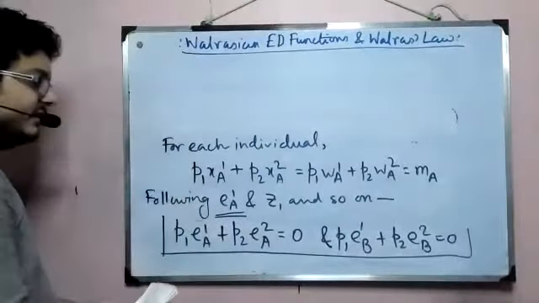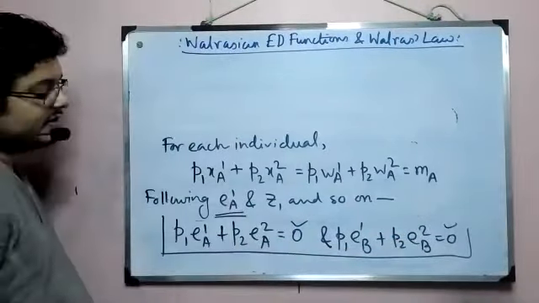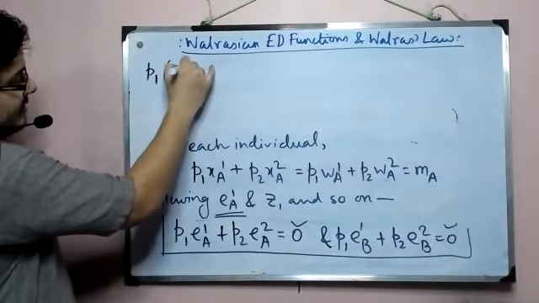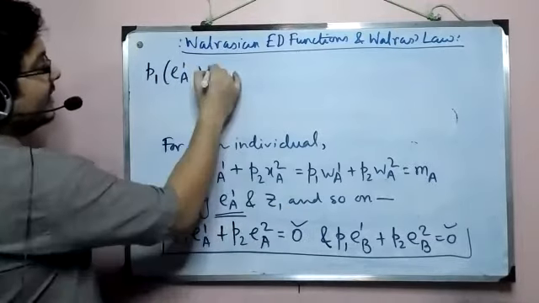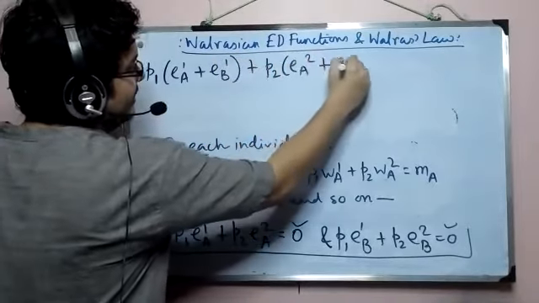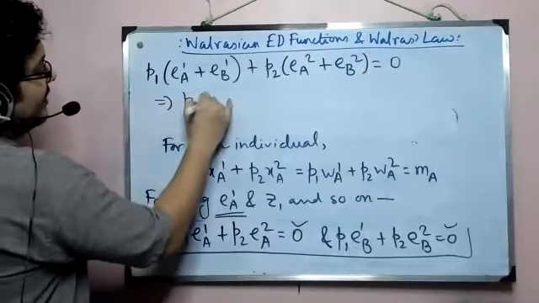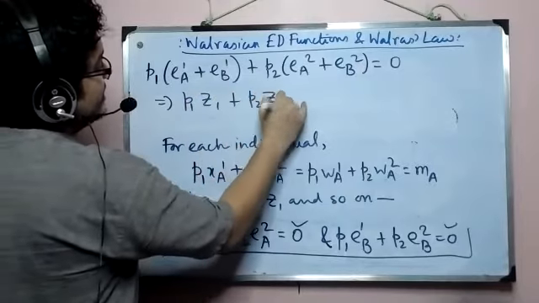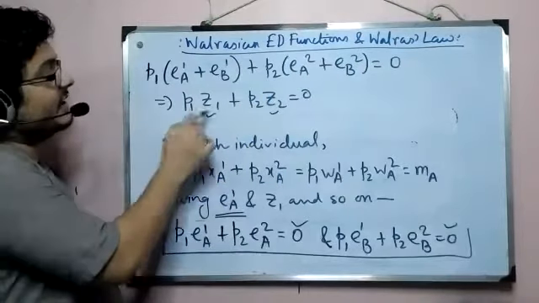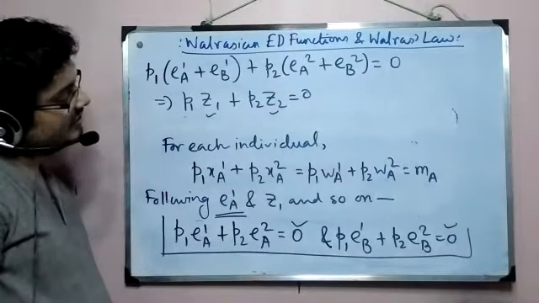So if I now do this, see on the right hand side we have zeros, right? So let us add them together, but in a different fashion. How do I add this? Add it like this. Okay, and this P1 times EA1 plus EB1, and then P2 times EA2 plus EB2, equal to 0. All right, and this gives us our aggregate excess demand functions, these two, multiplied with the prices, equals 0. So what do we have here?